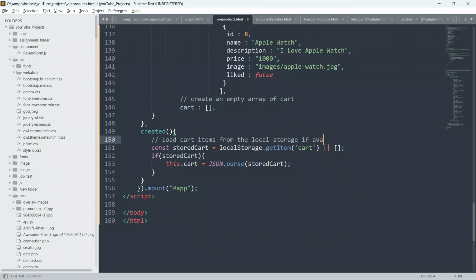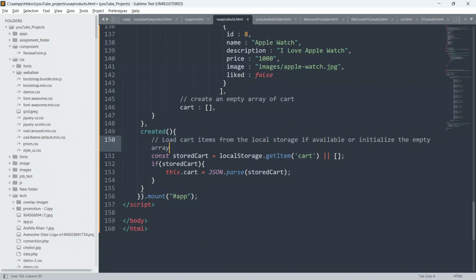If anything is already there inside the local storage, we will grab it, or initialize the empty array, and later on we can assign values to this empty array to store product information into our local storage.